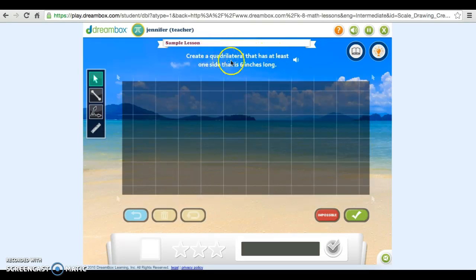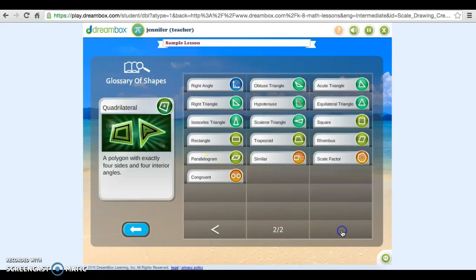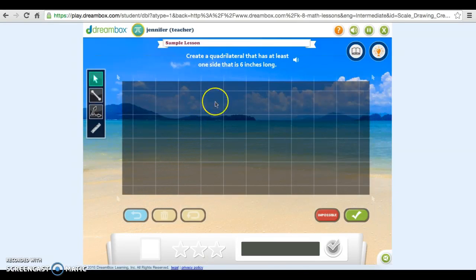So if I am a student and I don't know what a quadrilateral is, I can click here. I can look through all of these different types of glossary items and find quadrilateral. I do not like that these are not in complete alphabetical order, so it is a little bit hard at times for students to find things, but you can click through here and find what you need. So if you need to go back, we'll go back. We know quadrilateral is